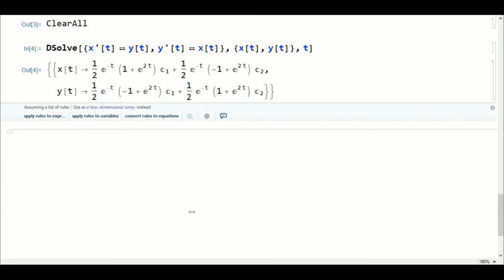Now we will discuss further. Also there is something called NDSolve, where we get the numerical solution of a differential equation, but we will discuss it later with the Plot function, so we will keep it for later.